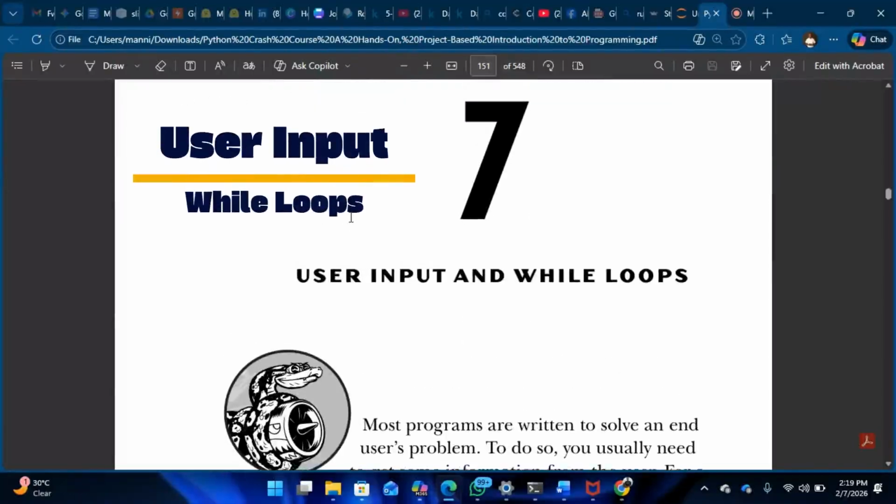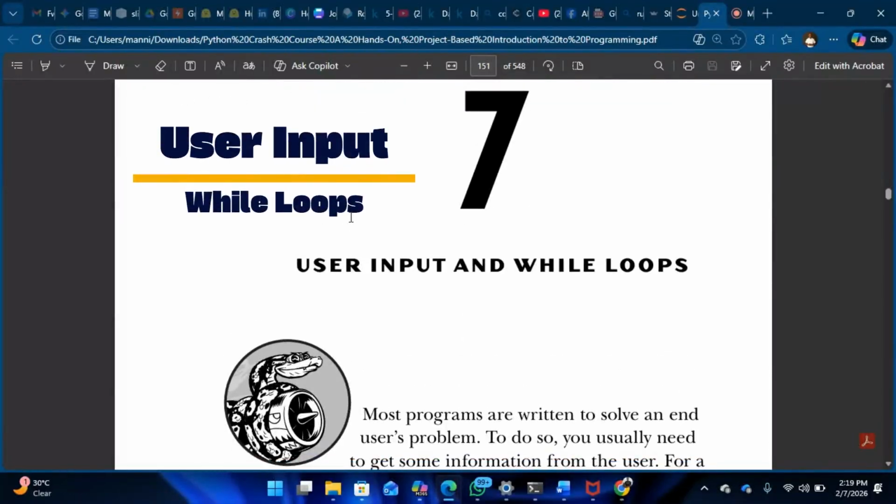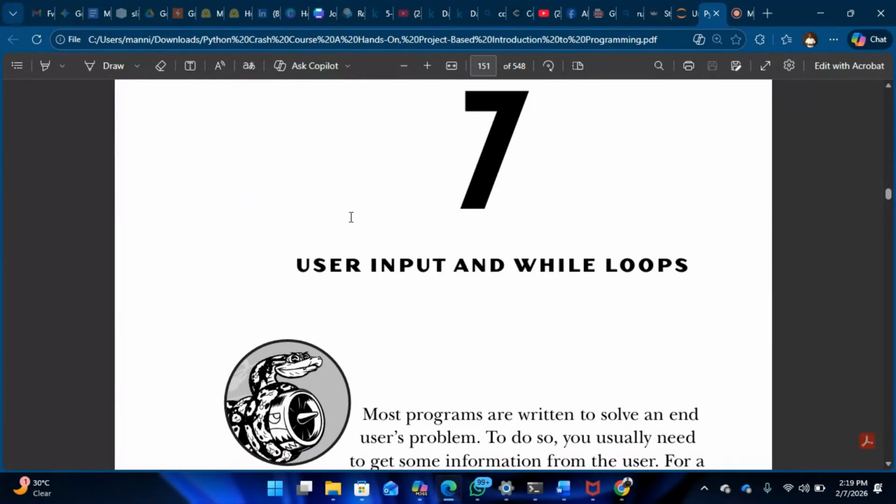User input and while loops. So why is this topic very important? This topic is very, very important because all we've been doing previously is we write programs where we get to change the values by ourselves. We don't get to allow the end user to enter values. And programs, if you're going to be writing codes,